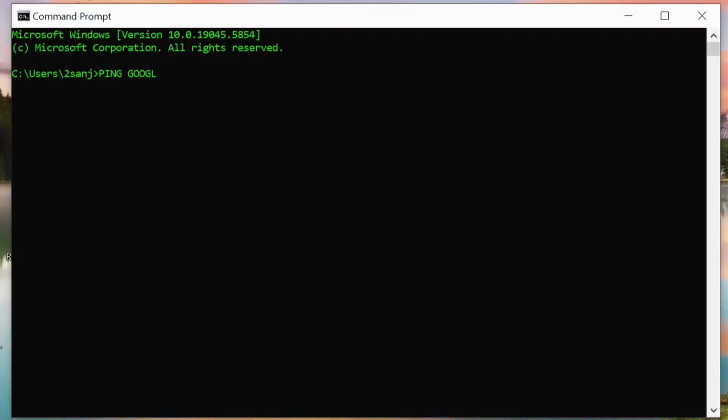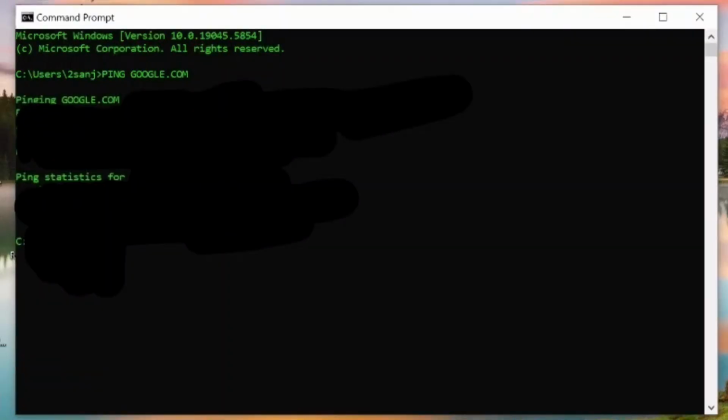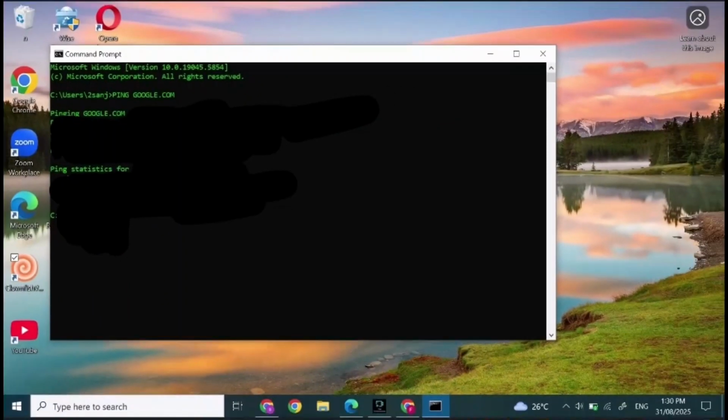Then open command prompt and type in ping google.com and press enter and check your ping. If your ping is high, make sure you turn your router off and on, and check your internet connection after that. And this is how to fix World of Warcraft error